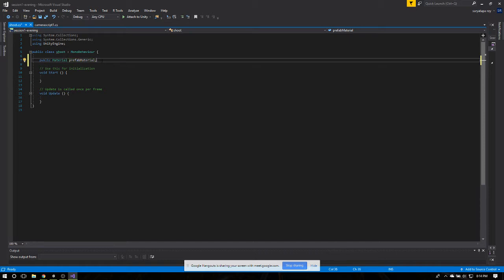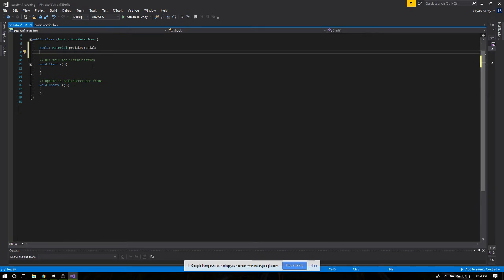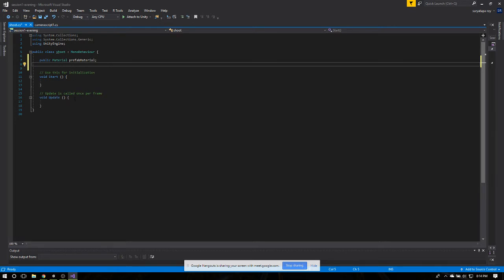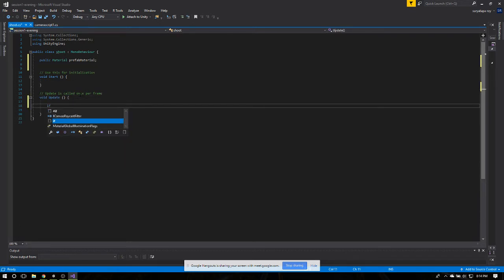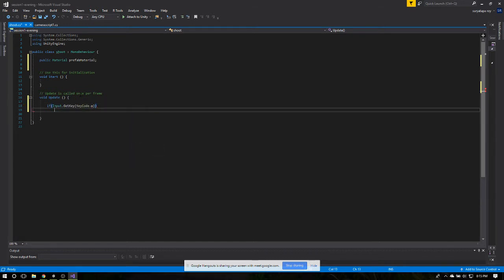Okay. So instead of saying float or bool, I'm declaring this variable to be a type material. So this material can be those color materials that we make, or any kind of image that we get. So once I declare this one, I also need, in the start, or maybe say if I press some input key, so Input.GetKey, and I am saying KeyCode.W. So every time I press the W key,